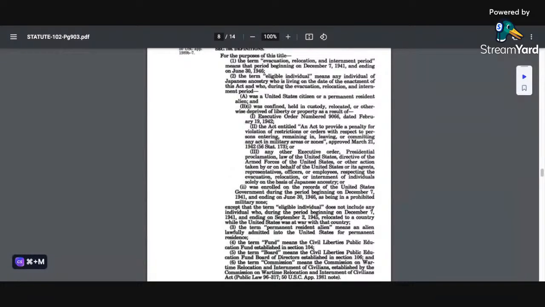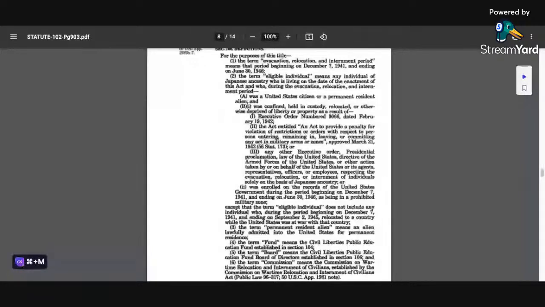Okay, again, this is another time where they mention eligible individual and they get a little bit more into the details, so listen carefully. The term eligible individual means any individual of Japanese ancestry who is living on the date of the enactment of this act and who, during the evacuation, relocation, and internment period, A, was a United States citizen or permanent resident alien, and B, was confined, held in custody, relocated, or otherwise deprived of liberty or property